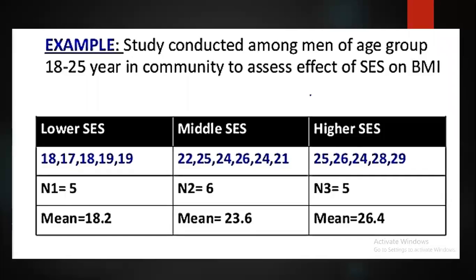And what we are calculating is the sample mean for each of the cases. Here there is a great variation between the sample means. So we are rejecting the null hypothesis, that there is a great difference between the average ages of the socioeconomic status and the BMI. This is what we can conclude from this example.